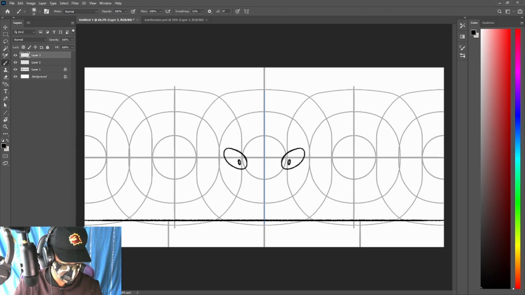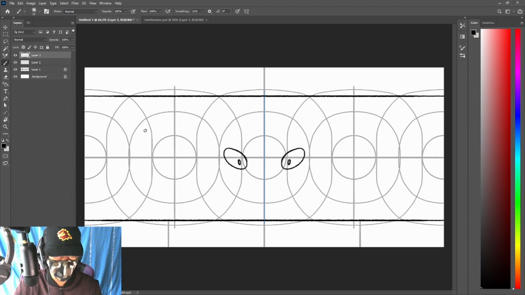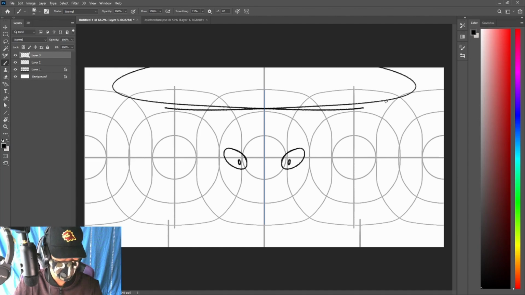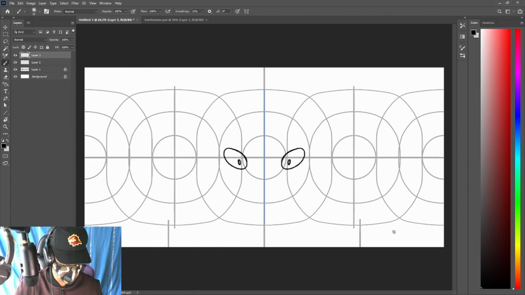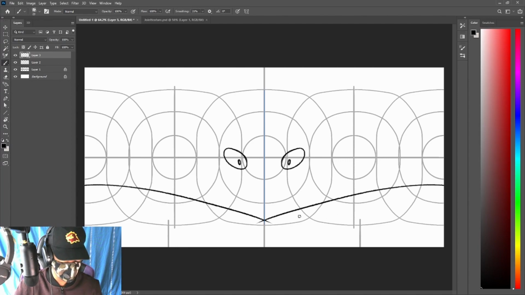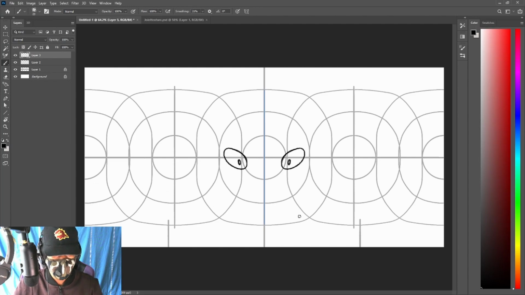Down here is going to be where the neck is. Up here is the top of the head, obviously. Around this area is where all the warping is going to happen, and you cannot see anything around this area. Because if you think about it, the Toribash head is a little bit like, okay, so look